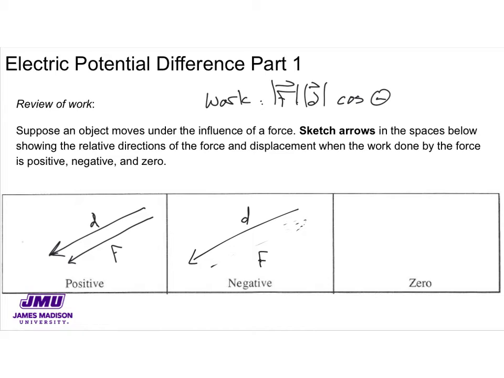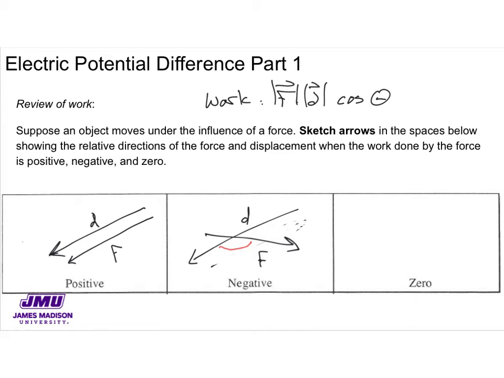We could have a situation like the force pointed this way. The angle across here between the displacement vector and the force vector is obtuse. It's more than 90 degrees. So the cosine value will still be something negative. This will be less work than if the force were perfectly anti-parallel to the displacement. The value will come out to be a lower magnitude of work,